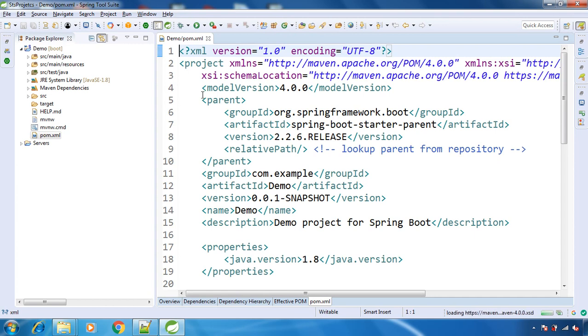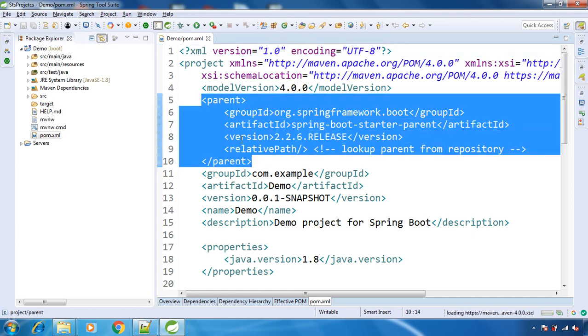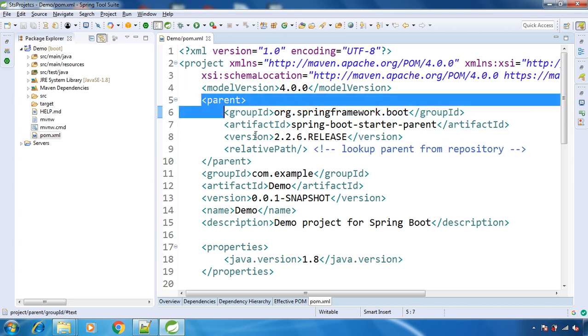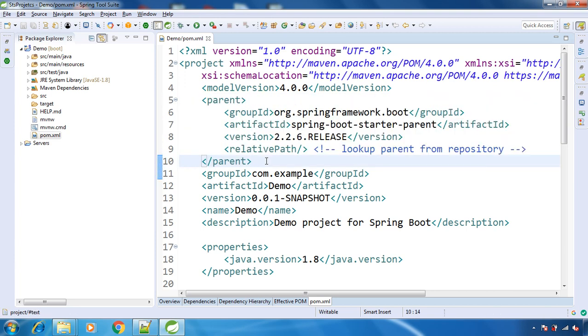On the top you will see the parent project, in which we have the latest Spring Boot version. This is the latest version as of now. It might be possible that when you are watching this lecture, a higher version is available, so make sure you use the latest stable version of Spring Boot. This is the parent project, and our project is the child that inherits the properties and dependencies from the parent project. You can just press Ctrl and click on it.